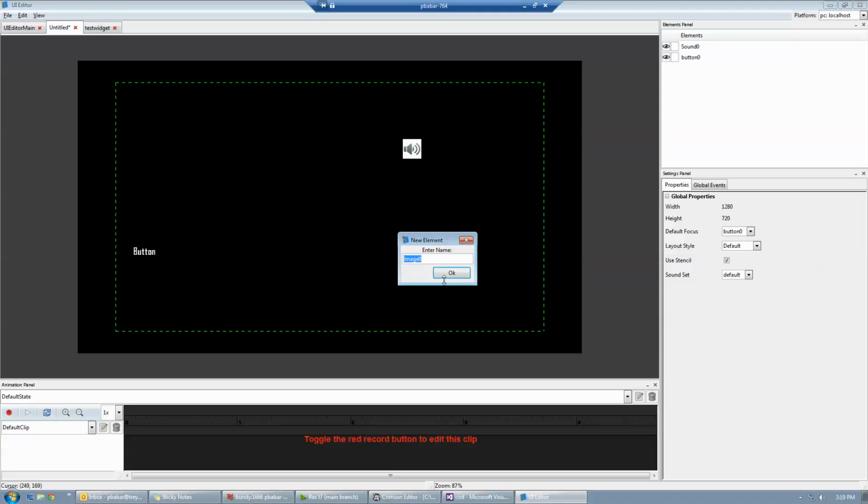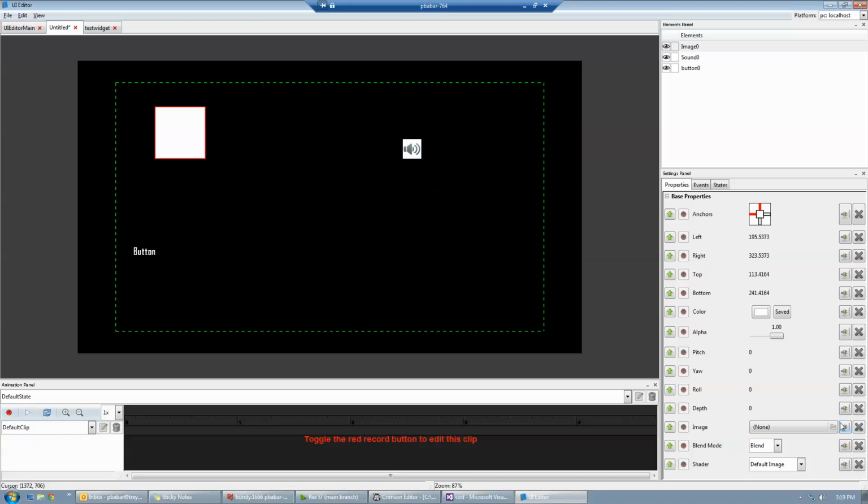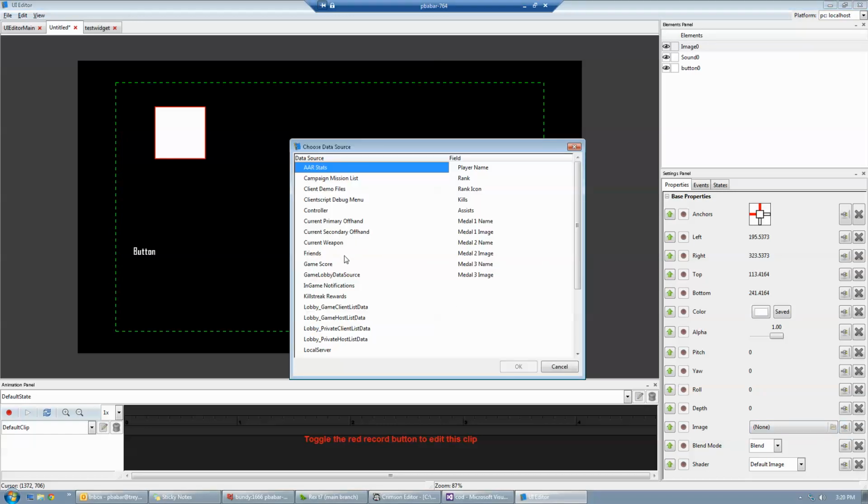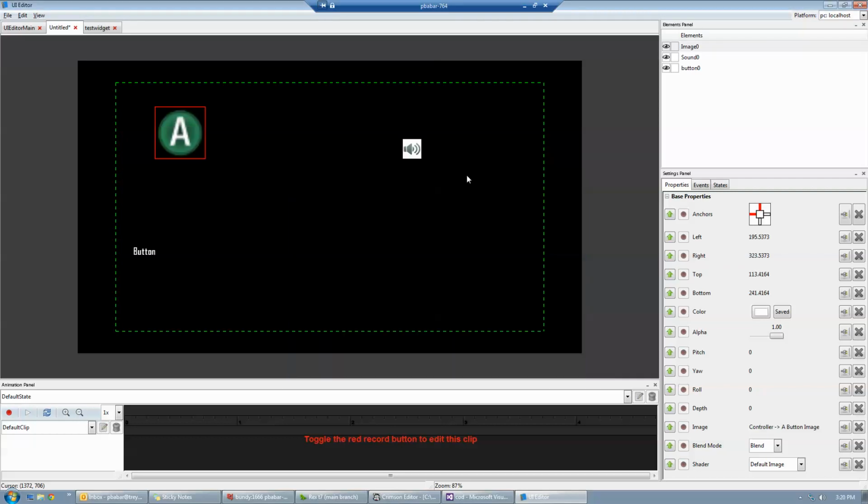So if you have an image, what you could do is you can link the image to a data source. For example, like controller. So what the data sources are is that this information or data is pulled from the game at runtime, and then the way you actually specify the data sources is in